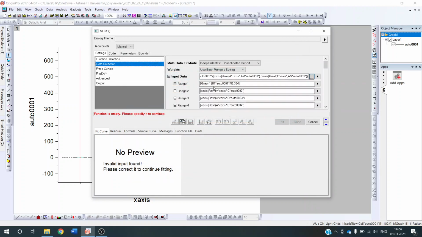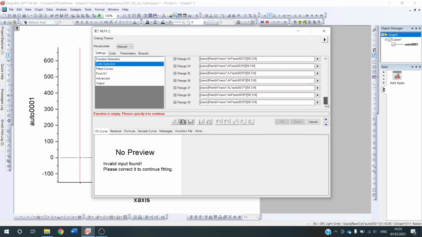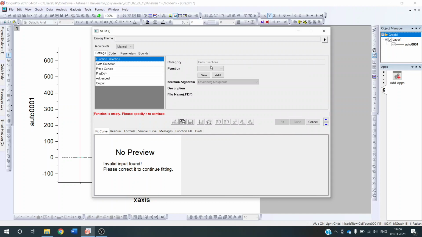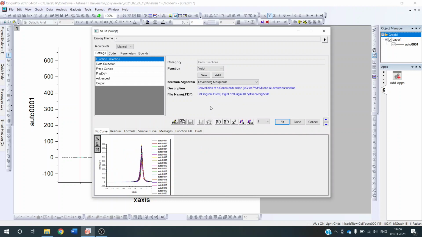They will all appear here, and you can notice that only the very first one has a range, and the rest don't have. So you just click here, apply row range to all. So they all will be fitted in this very particular range. So then we just select the function. Usually it's either Lorentzian or the Voigt function that we fit it into. Yes, and once you see all these curves, just click fit